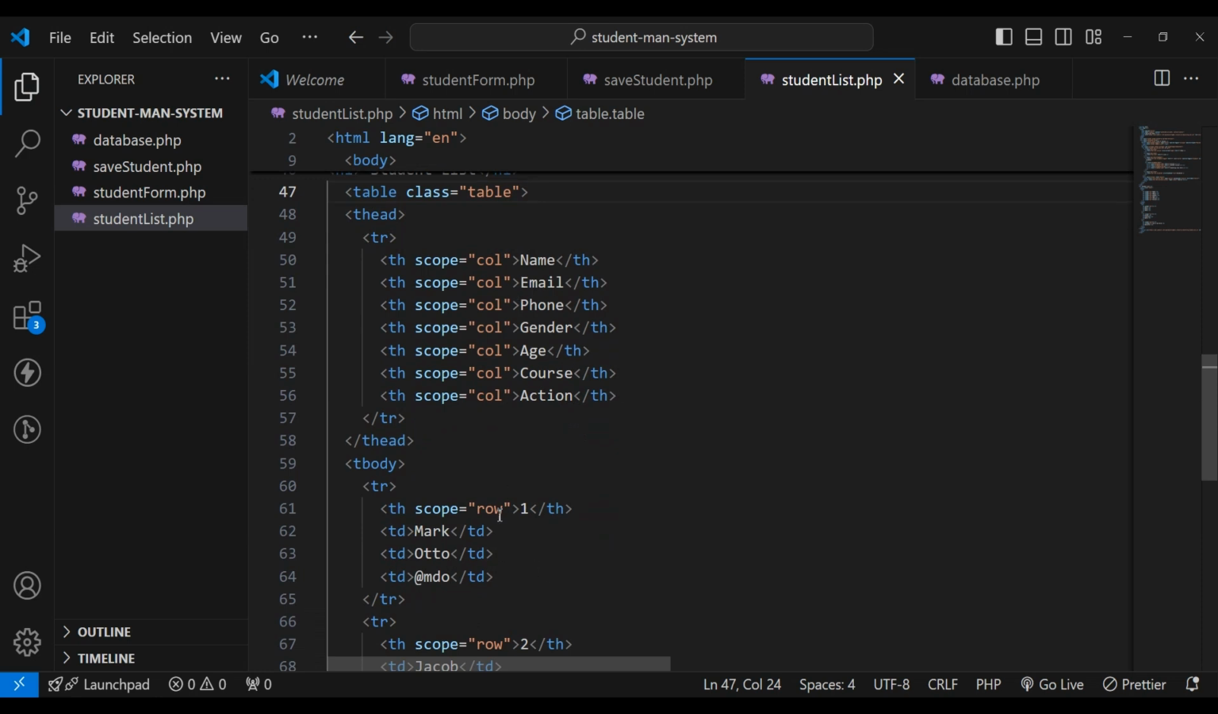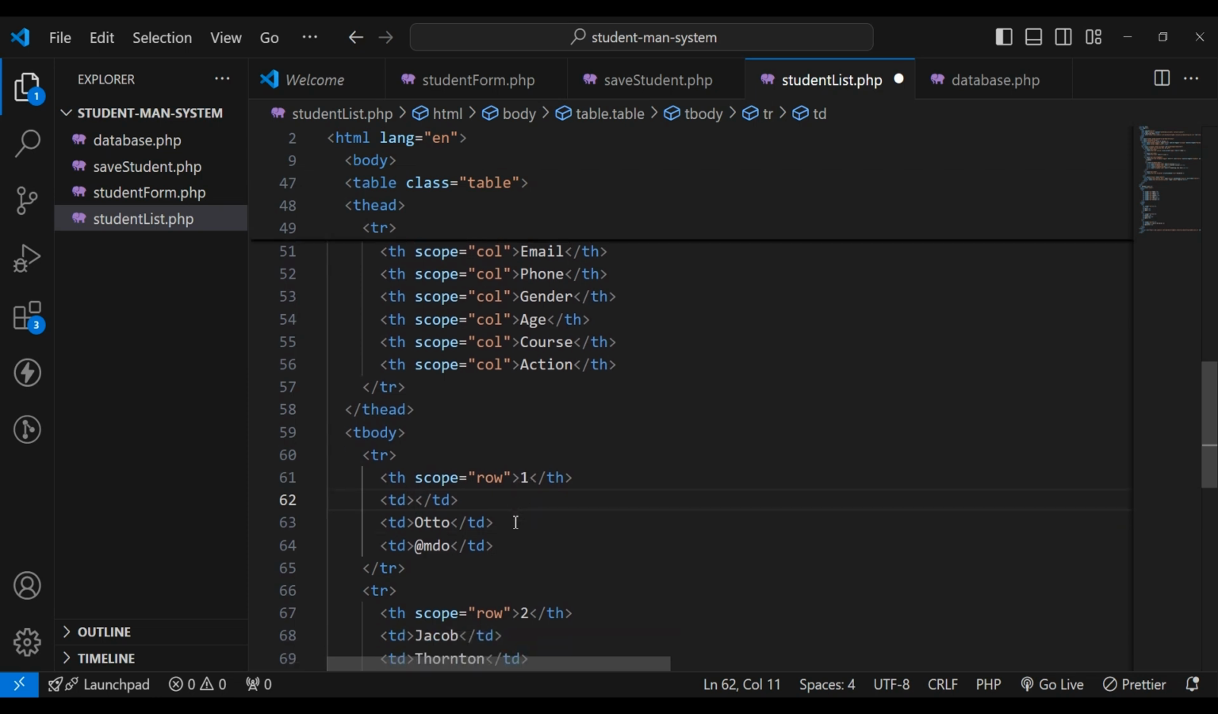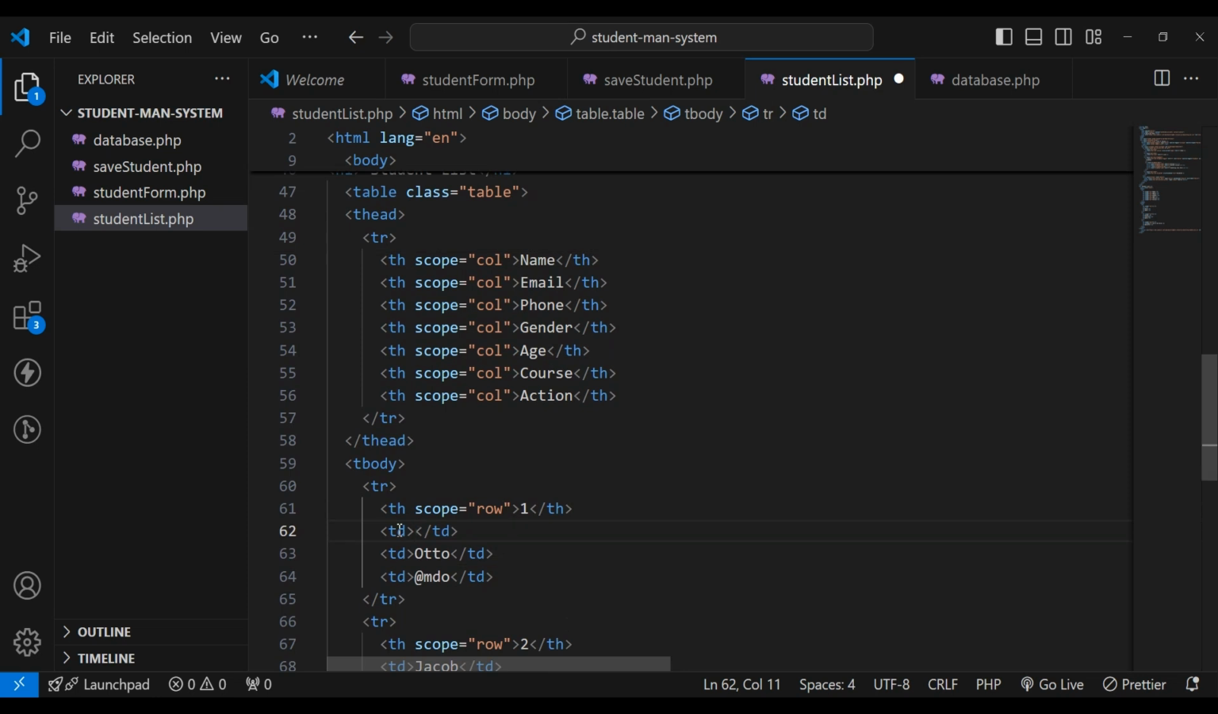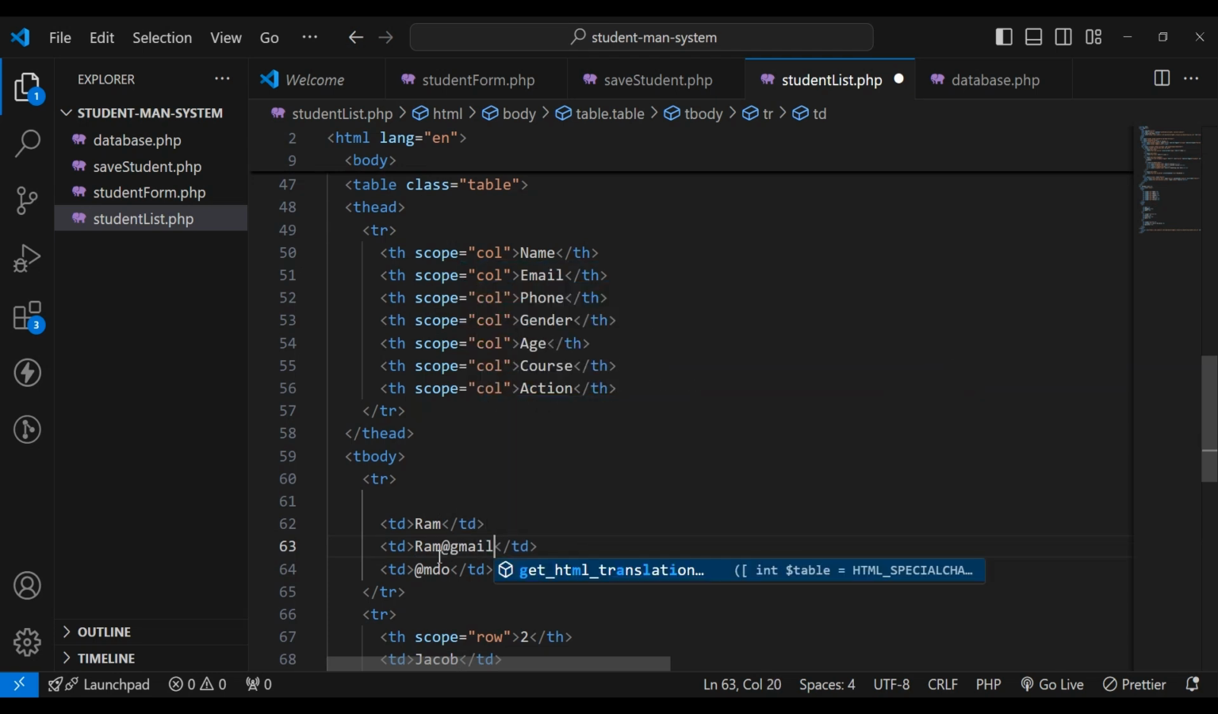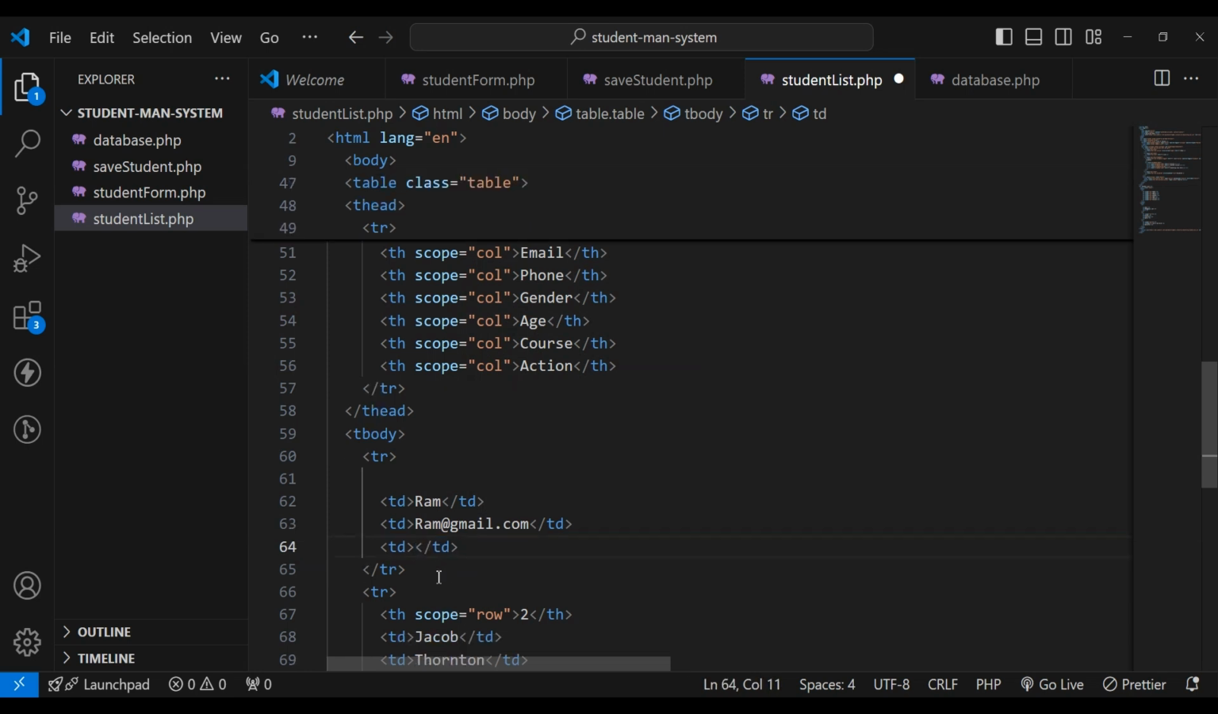Name is Mark, this is for name. First we will add one dummy row, and after that we will fetch the rows from the database to populate. So let me show it by adding a dummy row. Inside the table row we will add table data. So the first field is name, like Ram, and then ram@gmail.com, and then phone number,